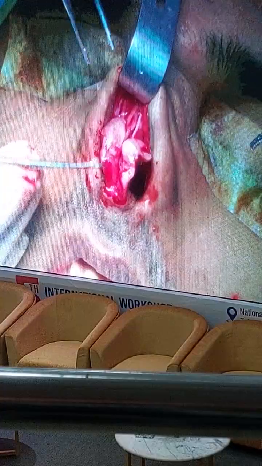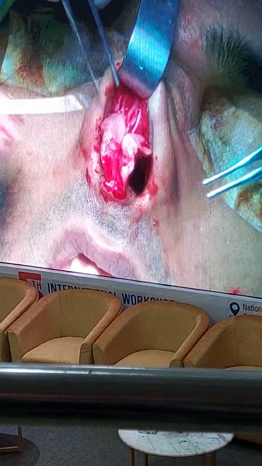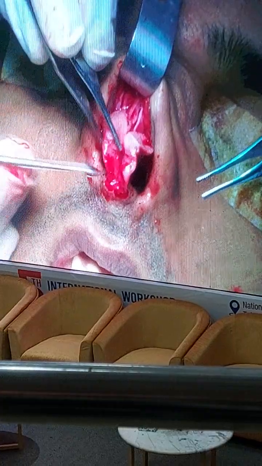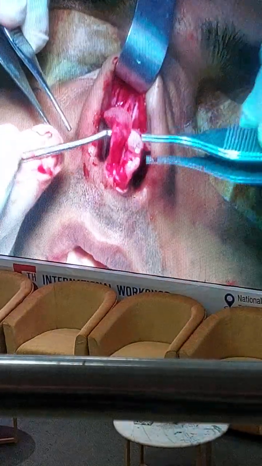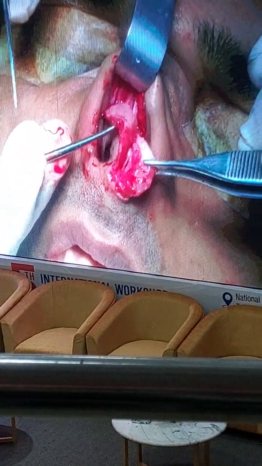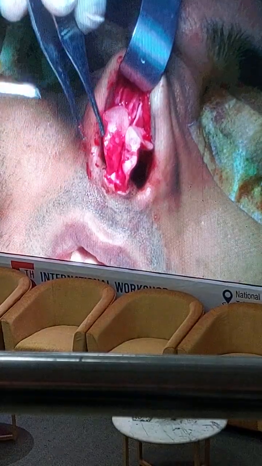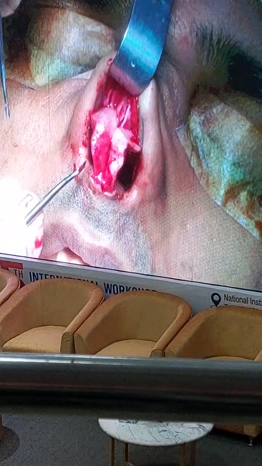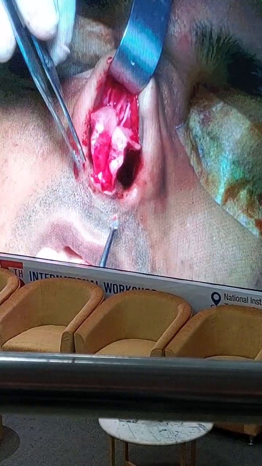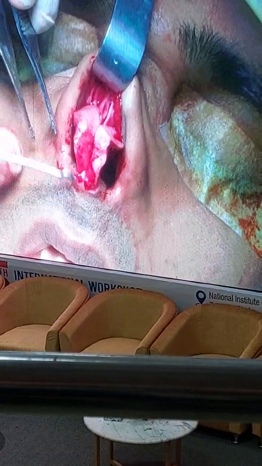This LR cartilage has three parts. The lateral most part is the lateral crus, the medial most part is the medial crus, and the part connecting these two is the intermediate crus, and some books mention the middle crus. Now this medial crus has two parts. This is the foot plate of this medial crus that is always below the incision, and this is the columellar part.